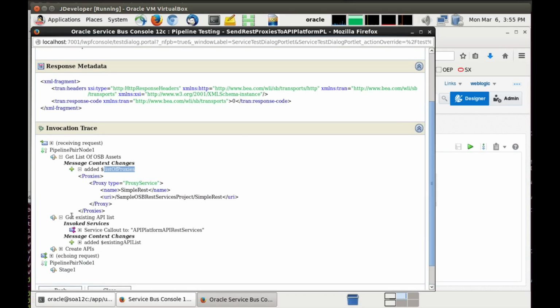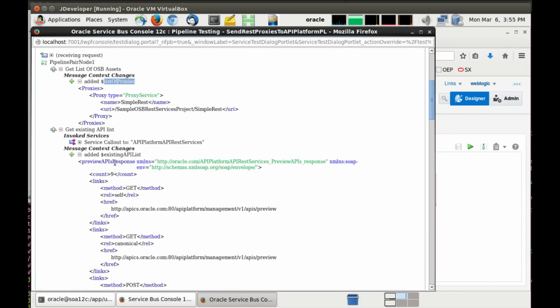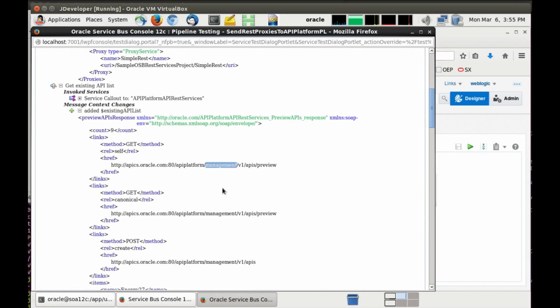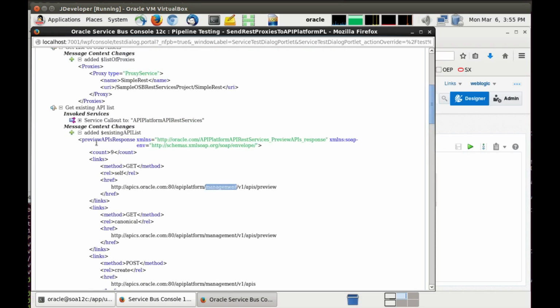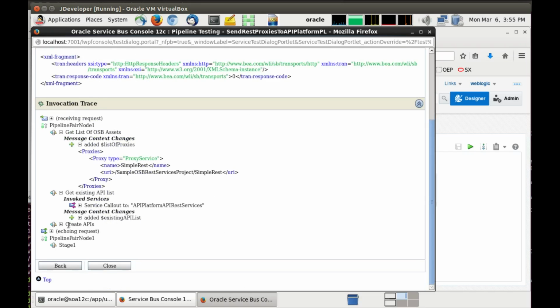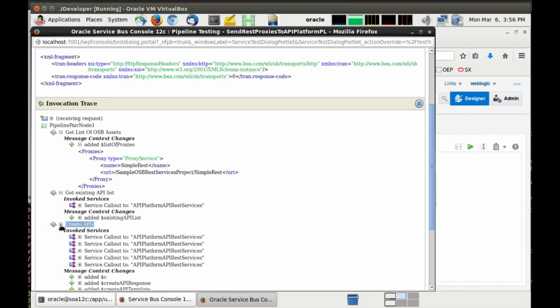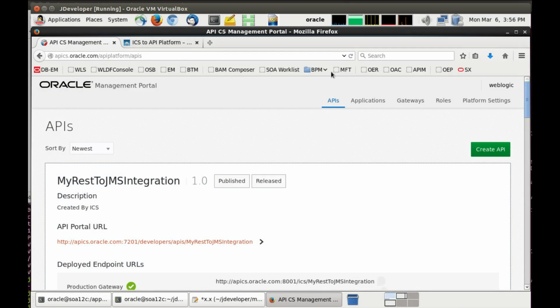And then it got a list of all the APIs that are out there, and this is a larger list of all of the existing APIs that exist in the API platform. And then for the one case that I had, this would be in a for loop, it creates the API, does the service callouts to the various pieces to do the create and deploy. Now, since this is all complete, if I go back to my API platform and I refresh,